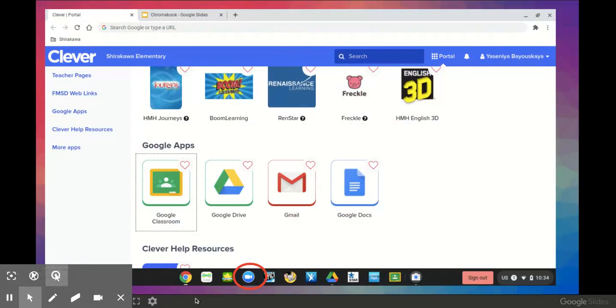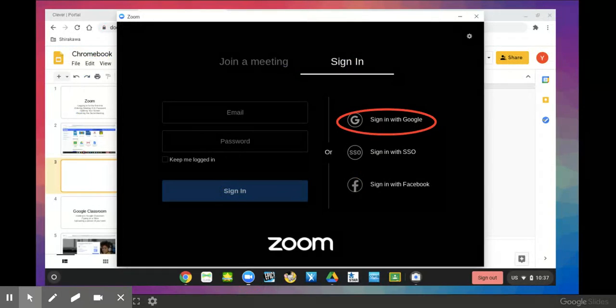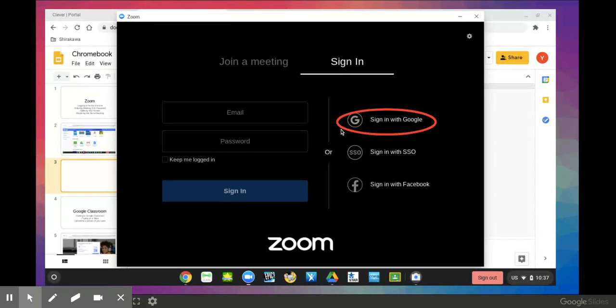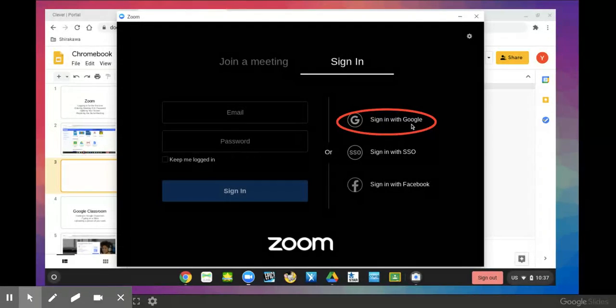To log in for the very first time, you'll notice that down at the bottom of your Chromebook is a toolbar. This toolbar has several icons, including the Google Chrome and several of the apps that you'll be using most. You're going to select the one that is blue, the Zoom icon that looks like a video recorder. When you select the Zoom, it's going to ask you to sign in with Google. It's very important that you select this one because since it is a Google Chromebook, your Google email and password have already been auto-saved. So as soon as you select that sign in with Google, it will automatically take you